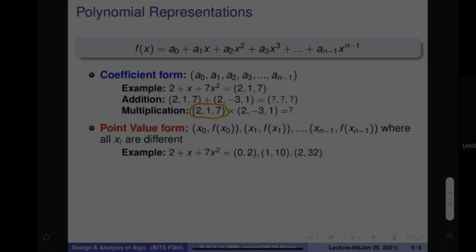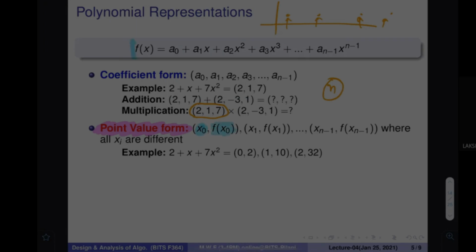Another very interesting kind of representation is the point value representation that I wanted to bring to your table. This is an important part, and even in the next class we are going to utilize this representation. It says that for a polynomial of degree n, you need to find n points, any n points. If you can evaluate the value of f on these n points, then you can reconstruct the polynomial. How to reconstruct, we will see later. Right now I just wanted to tell you that there is a method where, on some value, you find out the value of this particular polynomial.